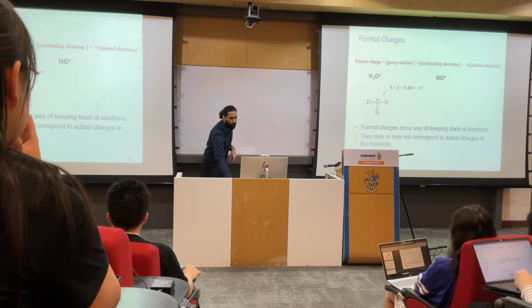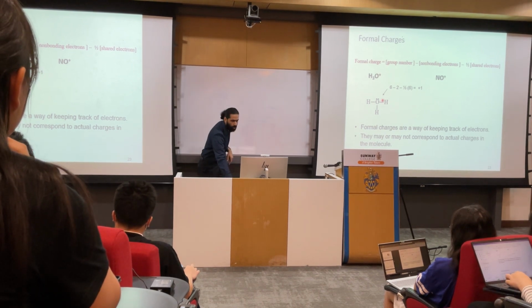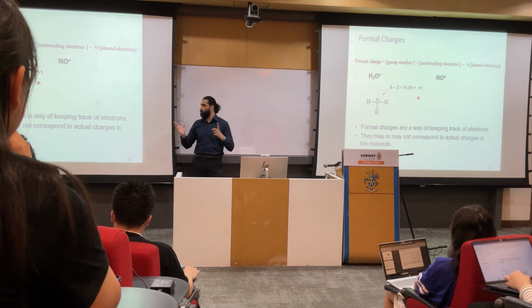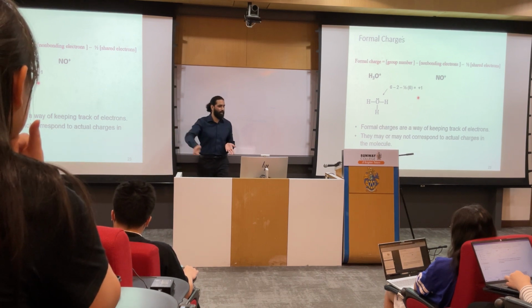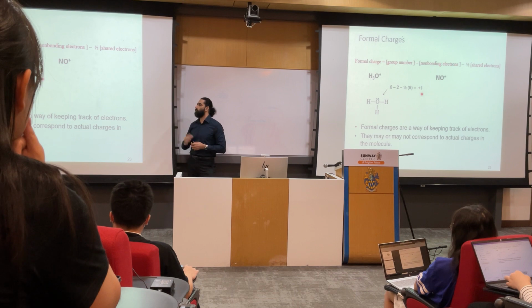So we will put the group number for oxygen, which is 6, right? Non-bonding electrons. How many non-bonding electrons does it have? Only one pair, meaning 2. So here's your 2. Half came from the equation. And then how many shared electrons do we have? We have 3 bonds, so each bond is made up of 2 electrons. So shared electrons are 6. So here we have 6. Once you solve this equation, you get +1. So that's the formal charge of oxygen.